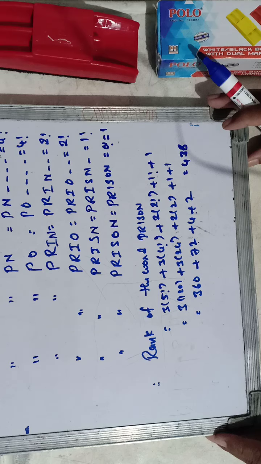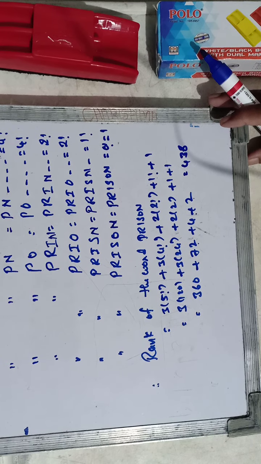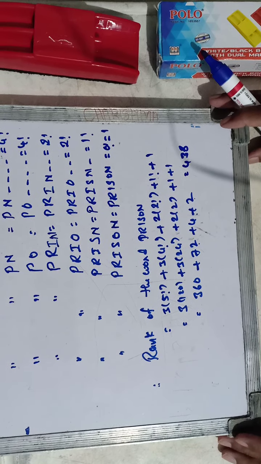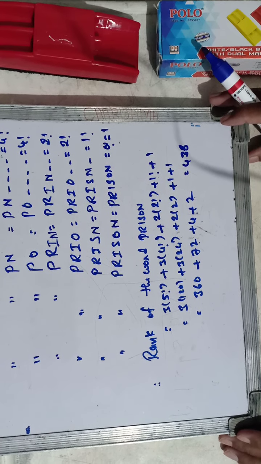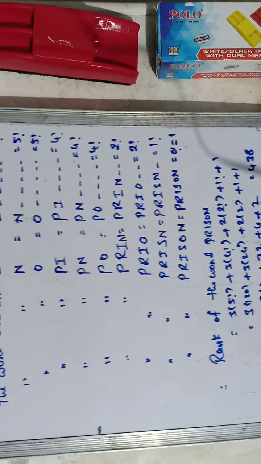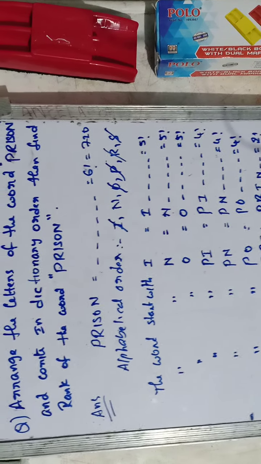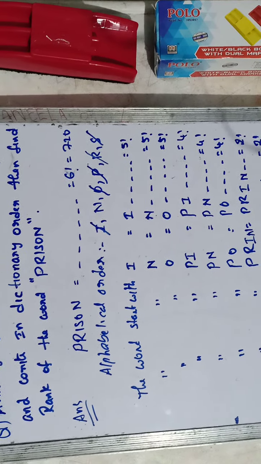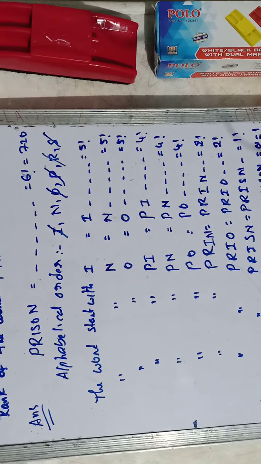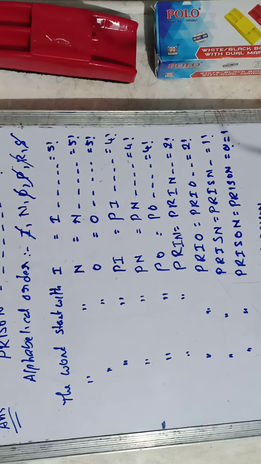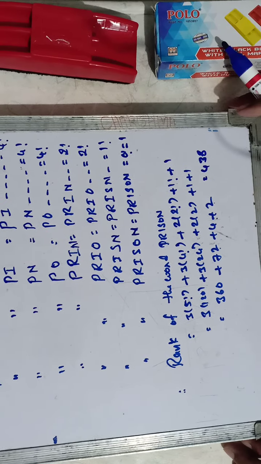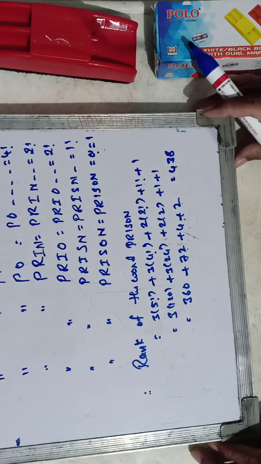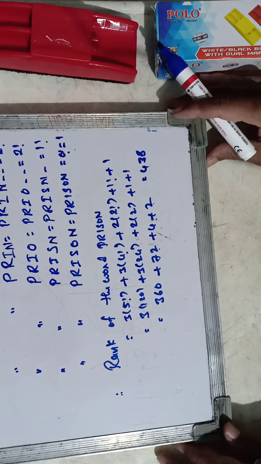Okay, understood? Now, how can we do this same problem in an objective test? This is the board exam model. In the board exam we have to do it like this. Once again, observe this. Now we'll discuss the board method.